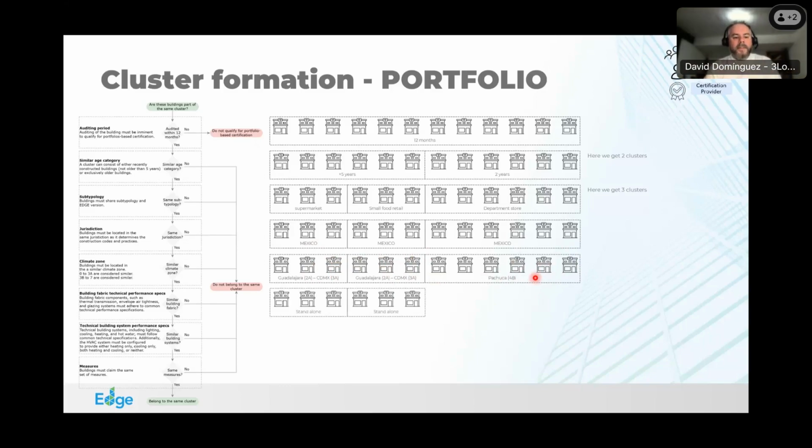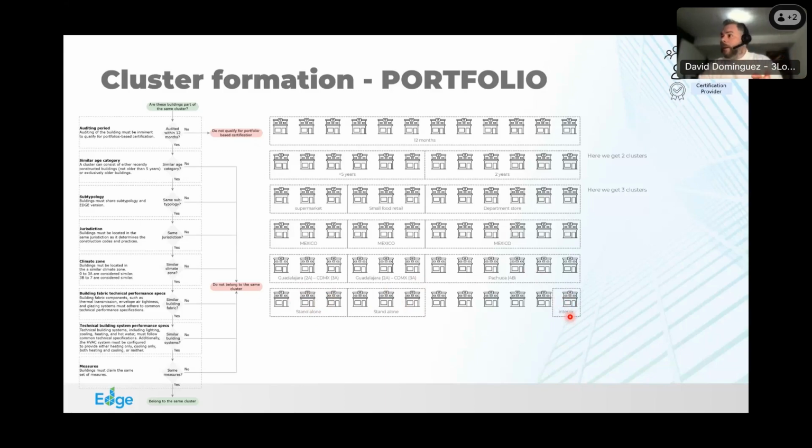And then the building fabric, that means the building is built similarly. It doesn't have to be 100% exactly the same, but they have to have similar conditions. Let's say cluster number 1 is a standalone building. Cluster number 2 is also a standalone building. In cluster number 3, this one is interior. And this one building that is interior is going to have a different fabric